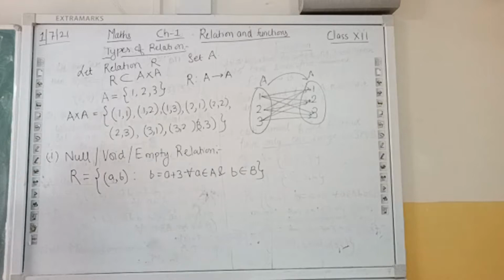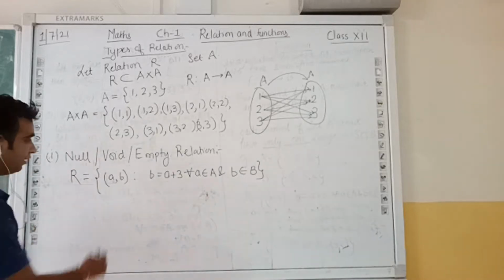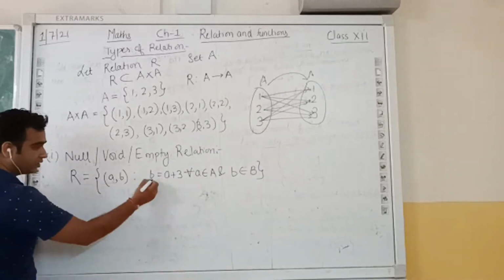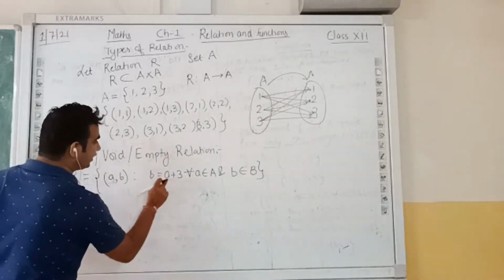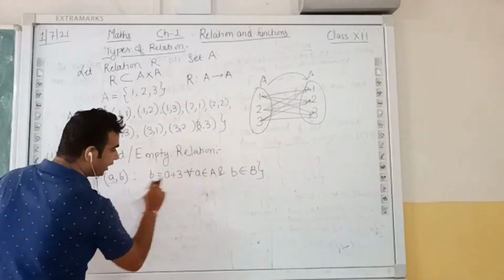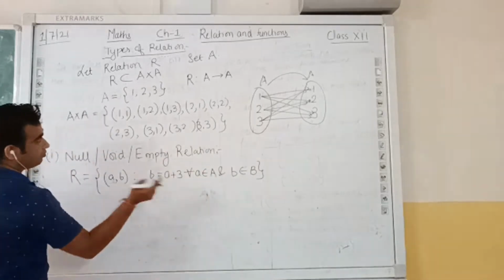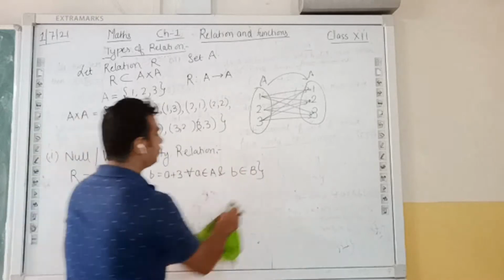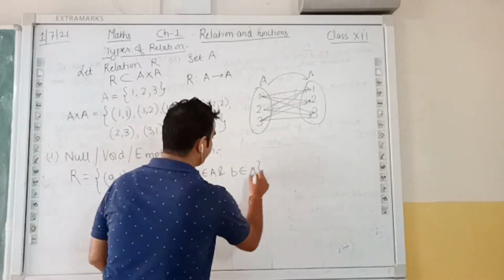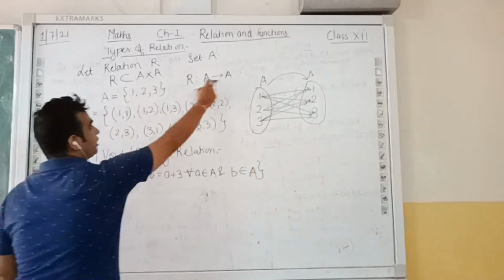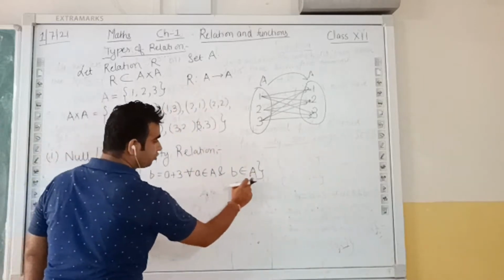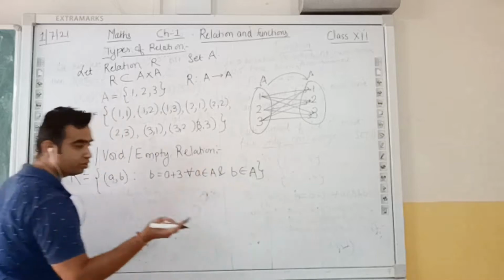So what are all the ordered pairs which we can get from this relation R? Can we get any ordered pair from this? Suppose, look here, as it is given that B is equal to A plus 3. If I take A belonging to set A and B belonging to set B, where B is also standing for the relation A, because here we are having a relation from A to A. So we can write here B also belongs to A and A is also belonging to A.